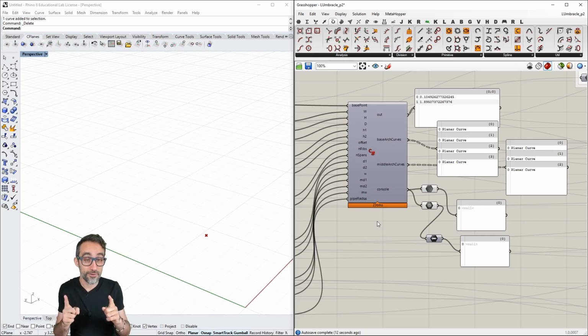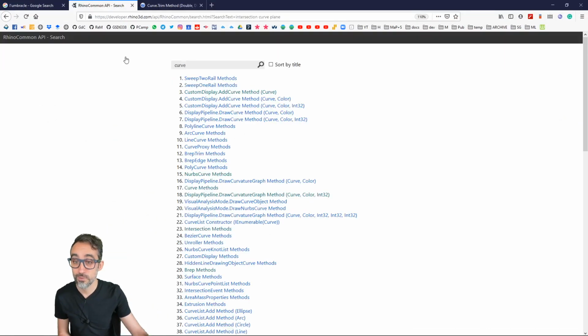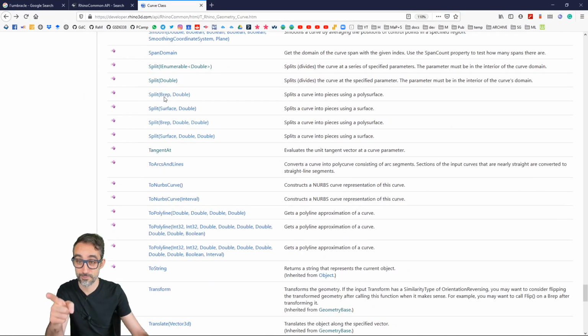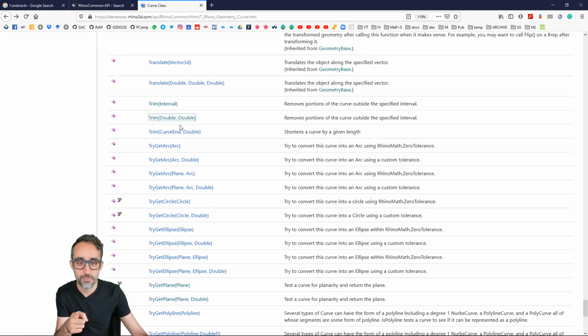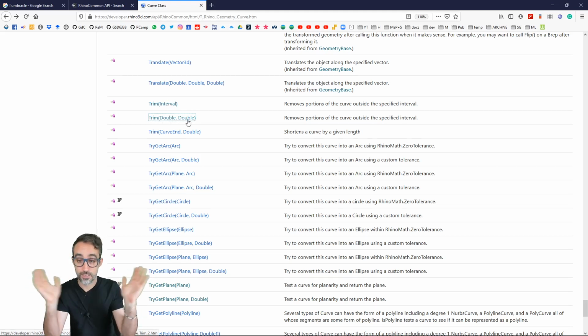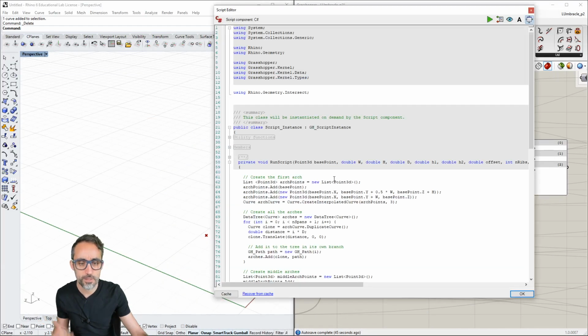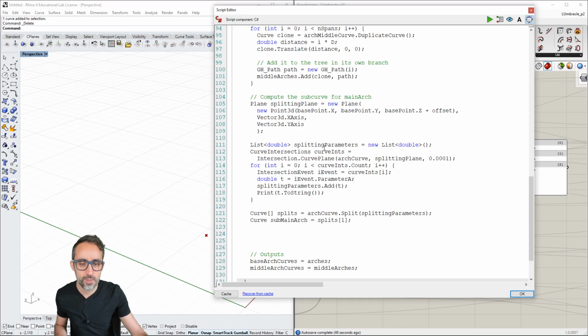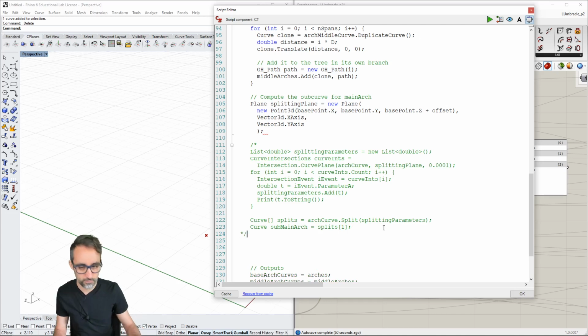But before we go any further, somebody from the chat just reminded me of a method for trimming the curve that is actually much nicer than what we just implemented. So I guess when we were looking at the curve methods, we were not scrolling far enough. We just stop and split. But there's actually a trim method that, given an interval or given two parameters, just removes everything that is outside of that interval of parameters from the curve, which probably makes things a bit easier, because we don't have to create a list of splitting parameters, we don't have to cut the curve in a bunch of splits and then take the one. So this whole thing here could have been written a bit more elegantly if, for example, we just